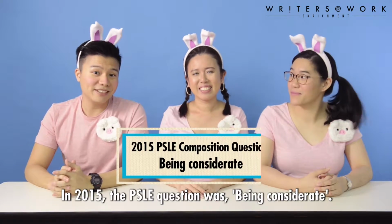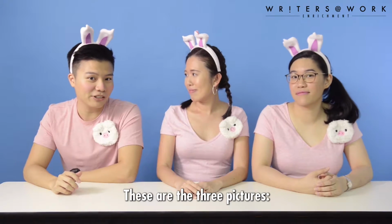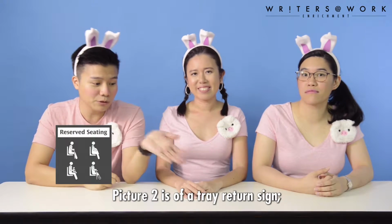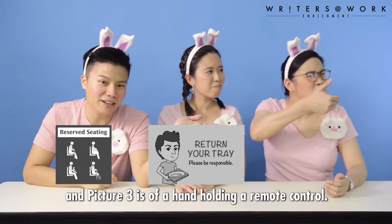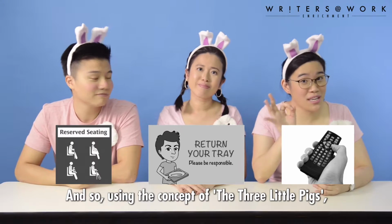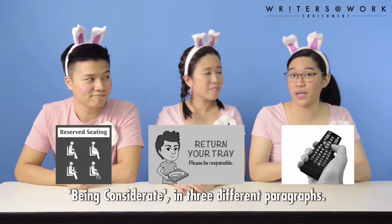In 2015, the PSLE question was being considerate. These are the three pictures. The first picture is of a reserved seat sign. Picture 2 is of a tray return sign. And picture 3 is of a hand holding a remote control. And so, using the concept of the three little pigs, we teach students to apply the composition question, being considerate,